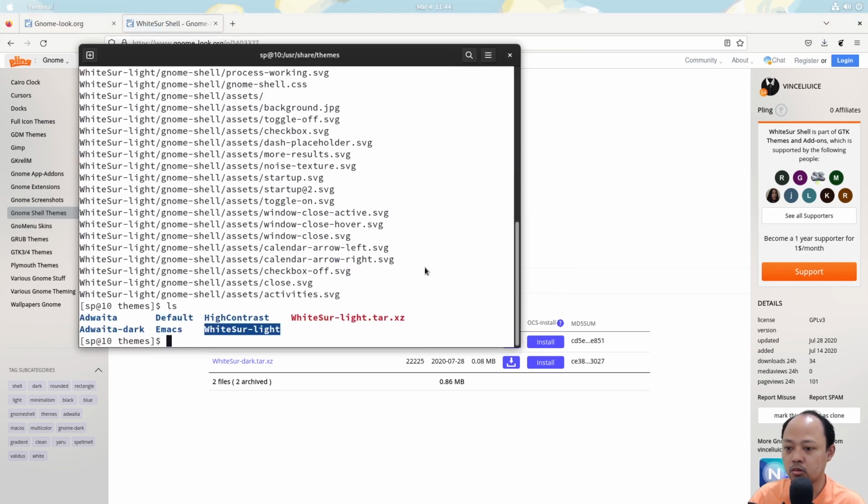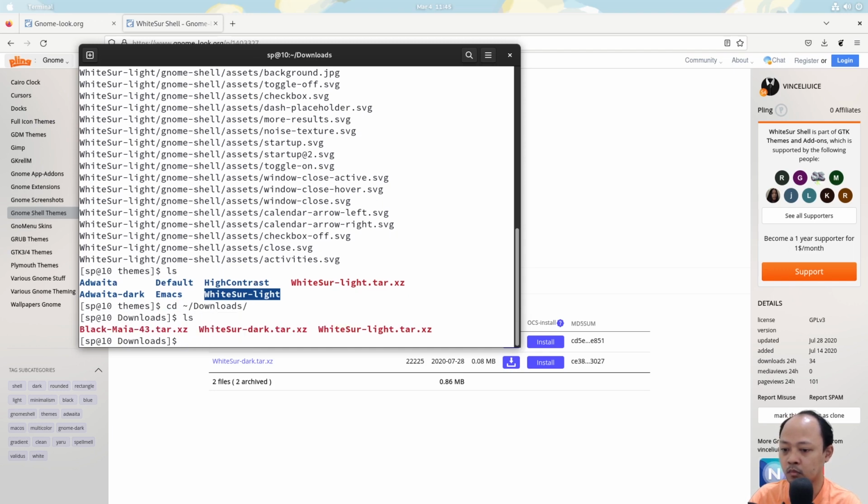Let's go to the terminal again. Sudo cp whitesur dark to /usr/share/themes.